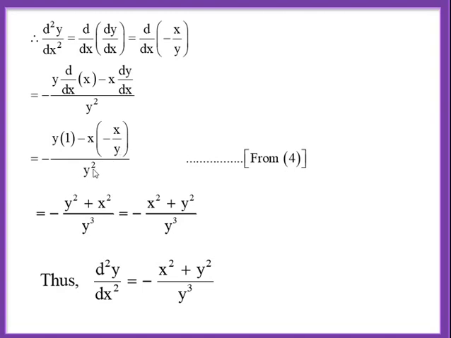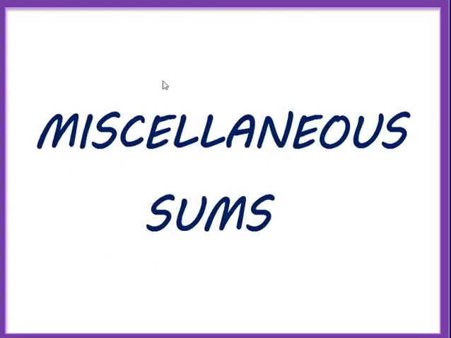Already y square is there, this y goes to the denominator, that is why it becomes y cube. Okay, now we have completed all the types from the topic derivatives. So we'll be solving miscellaneous sums. In this section, I will be covering sums on chain rule, then higher order derivatives, inverse trigonometry, implicit, logarithmic, parametric, etc. And in the next lecture, probably we'll be solving multiple choice questions.